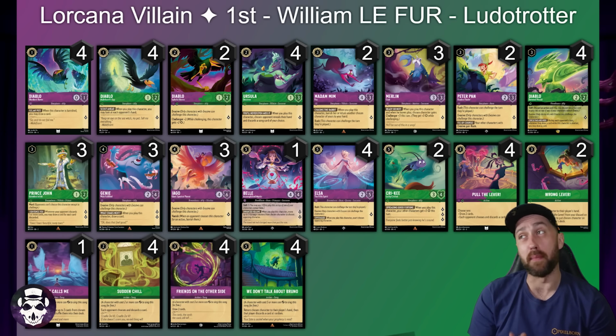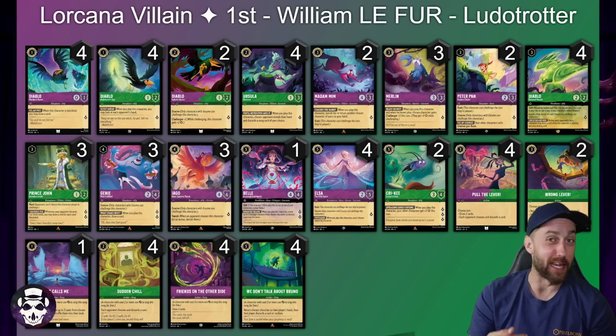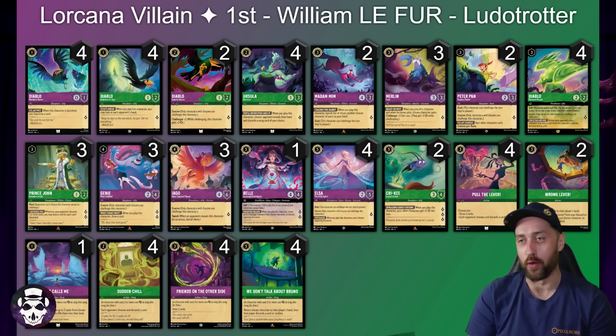Turn 2, you might be missing the Devoted Herald, or, well, if you're likely not missing an action, because It Calls Me is the action. So say you're missing the Devoted Herald, and you get to dig a little bit deeper to try and find it. This is going to help you do that, and it does have some niche interactions in the meta in